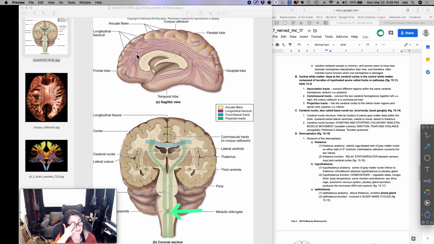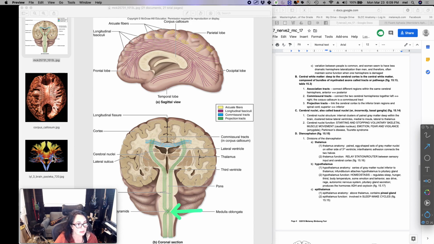So if, for instance, something was going from my parietal lobe, where, oh, did I forget the parietal lobe? Oh, poop, I'll have to go back and get it. The occipital lobe, where vision occurs, to the frontal lobe, where I can think about what seeing that actually means, then it would go through one of these tracts, from the occipital up to the frontal,